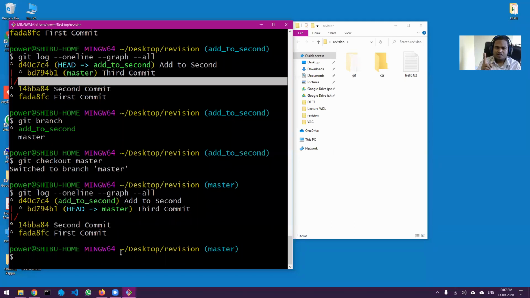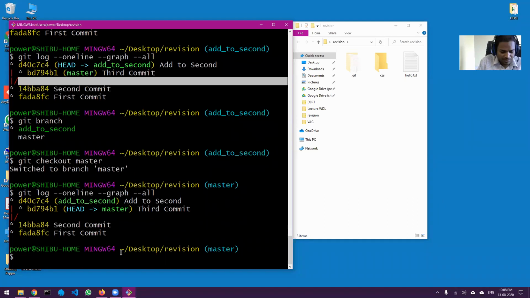Merge, I have explained in the last one what is the advantage of using merge and what is the advantage of using rebase. Rebase is just changing your root base to the current committed base. So there are some advantages, some disadvantages also. I have explained that in the last video, but I personally prefer to use merge. It is completely your choice. Whichever you feel correct for your project, you can use it.